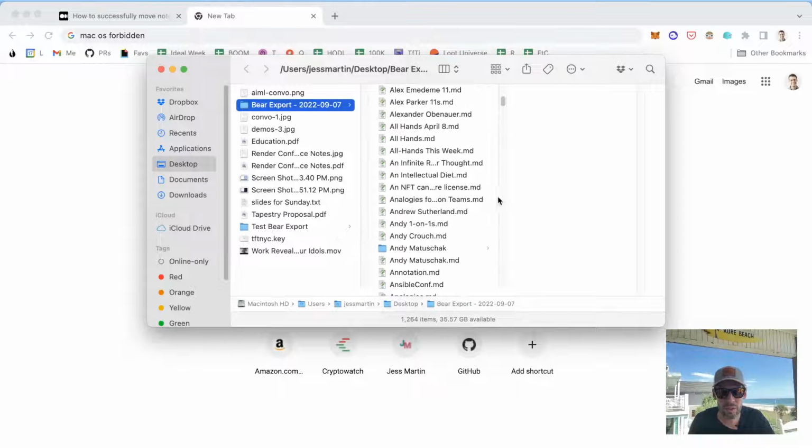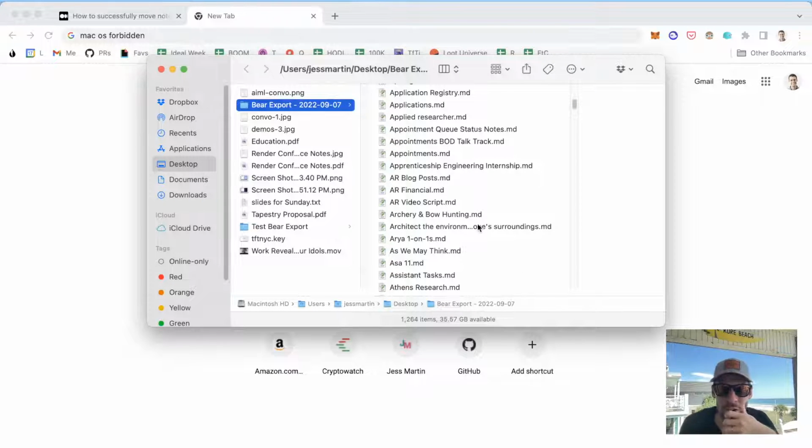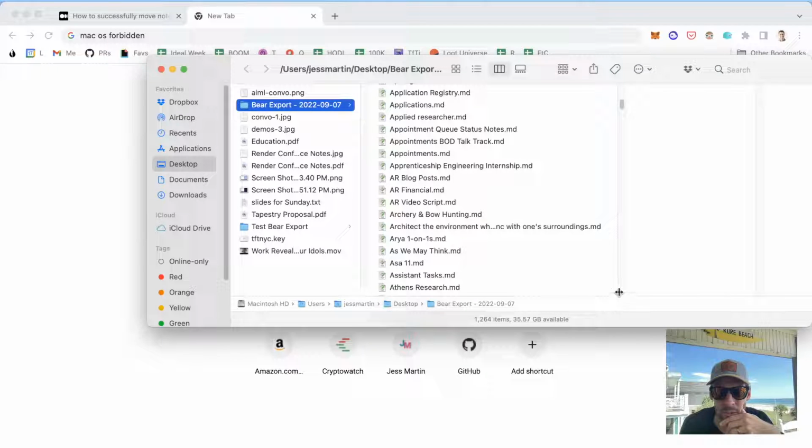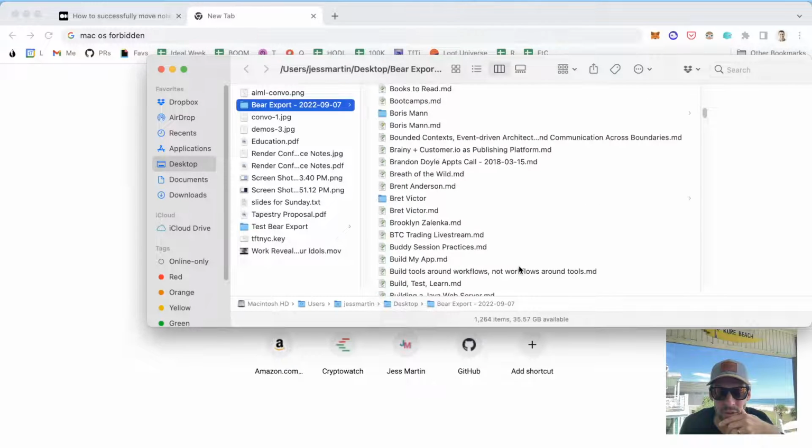I'm sure Bear already handles turning illegal characters into something else, but I don't know what that something else would be.